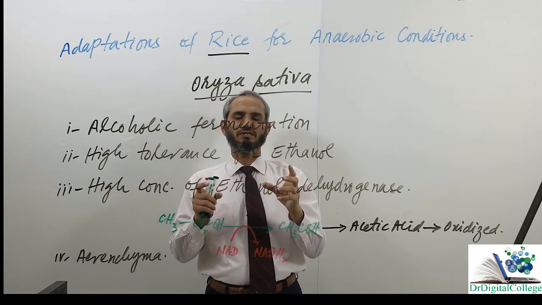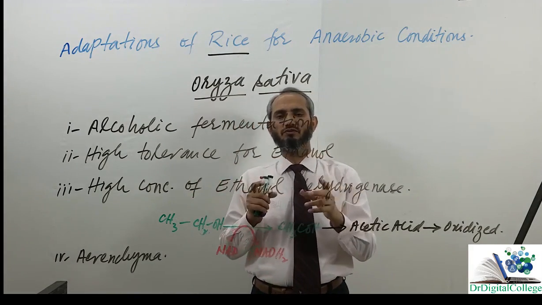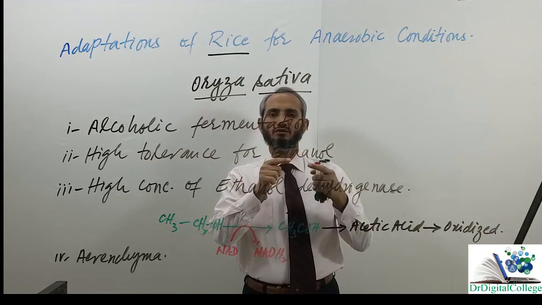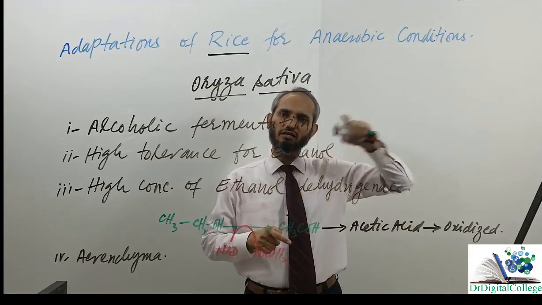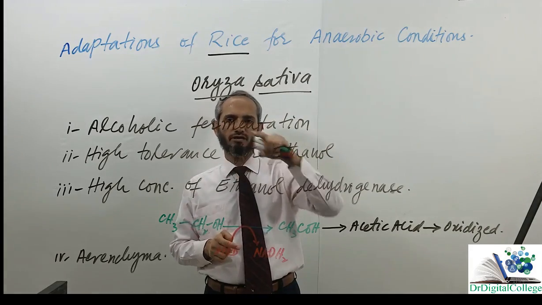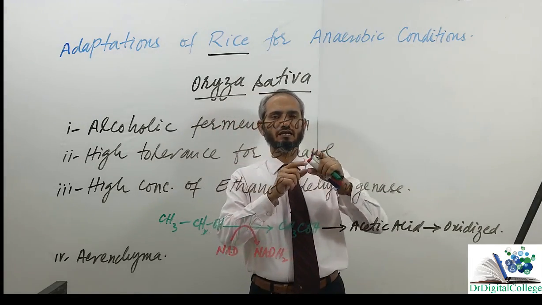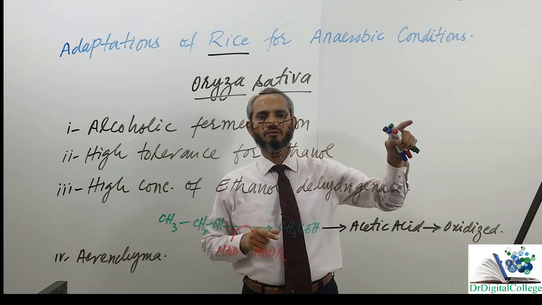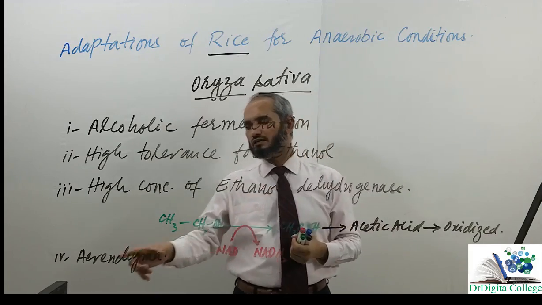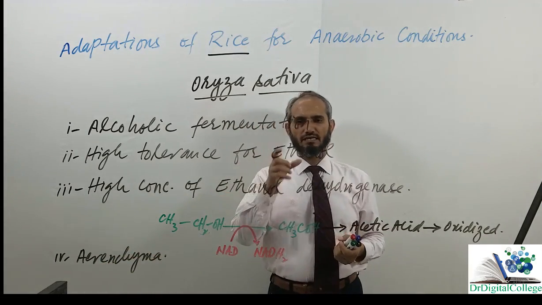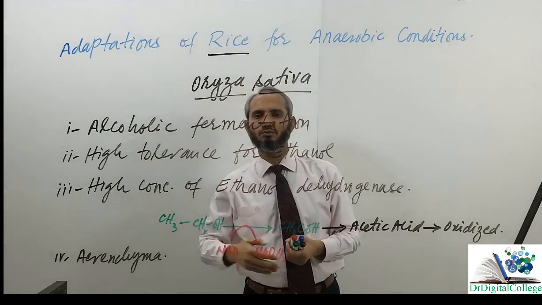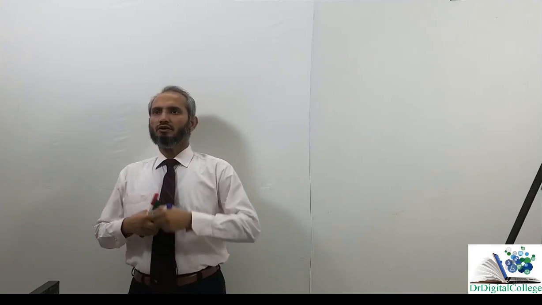Just like the air spaces present between spongy mesophyll cells, some air space just inside the stomata is in connection with the other air spaces which are deep inside the leaf. So carbon dioxide entering through the stomata into some air space can go up to the depth of the leaf due to interconnection of air spaces. So here the air spaces of the stem parenchyma in rice are continuous from the leaves up to the roots. So oxygen produced,